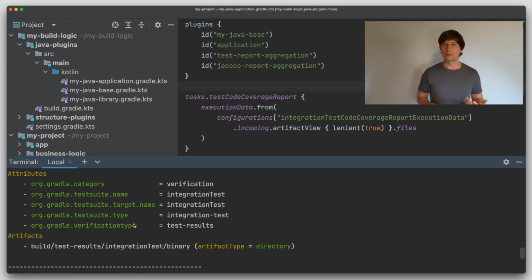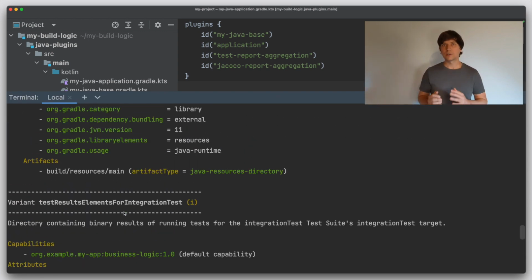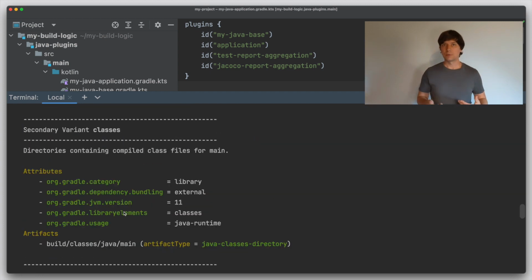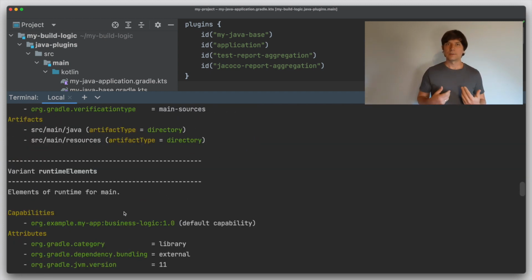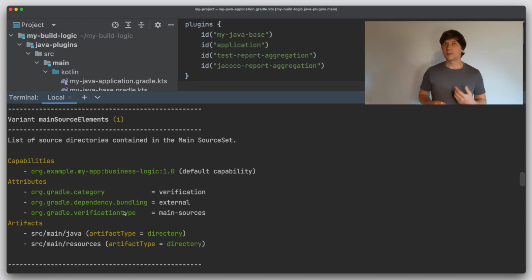So if you add a consumable configuration, you will get a new outgoing variant. And these are all the things that a project exports that other projects can then pick up. For example, here we can see that the project now has a variant that exports the source code of the project. This is something we added manually when we wanted to aggregate Javadoc in the aggregating custom artifacts video.